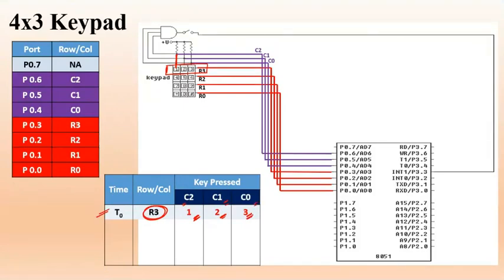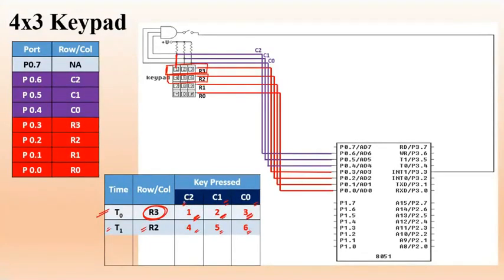After a certain time t1, you are focusing on row number 2. From row number 2 you can detect key 4, 5 and 6.